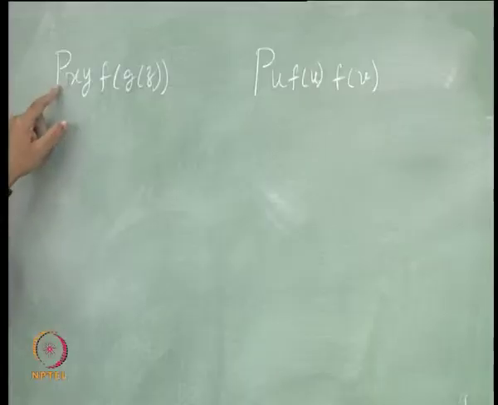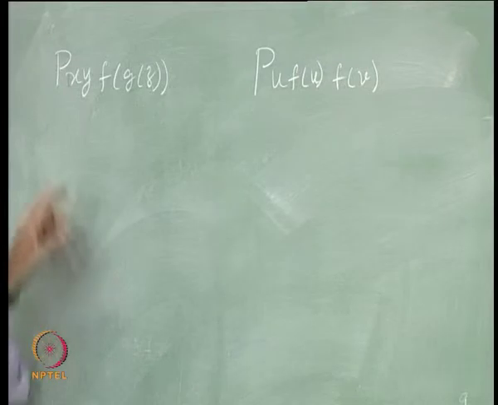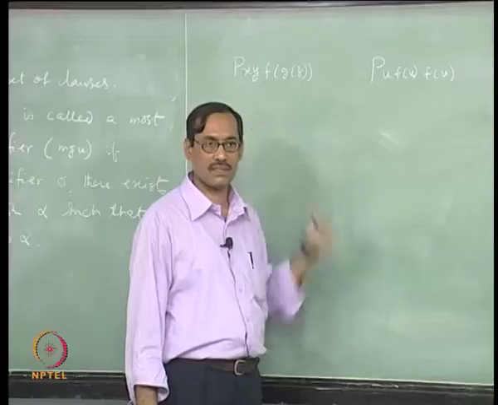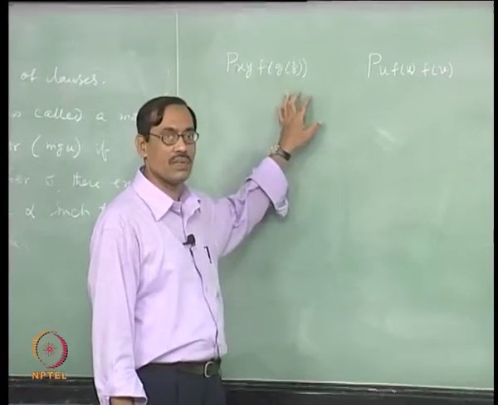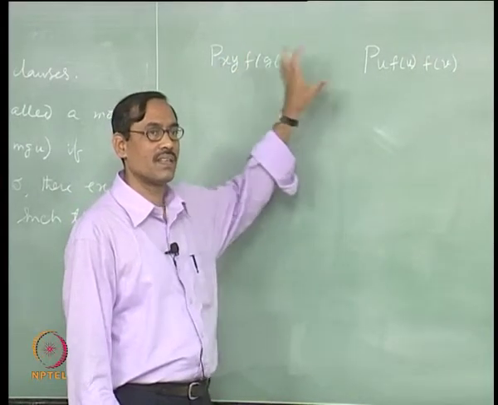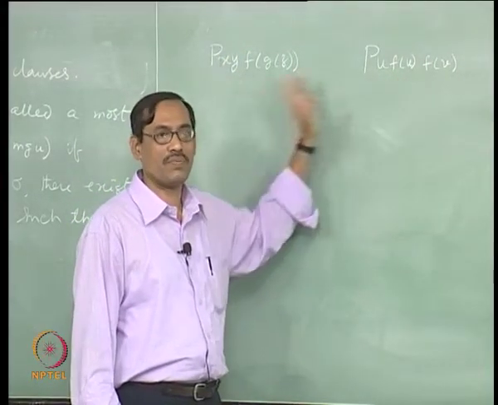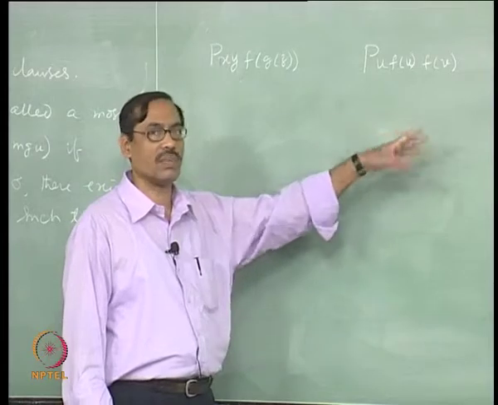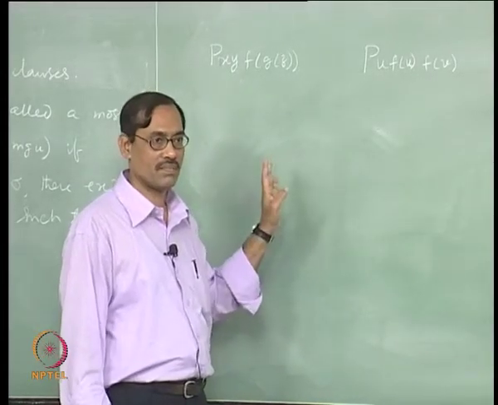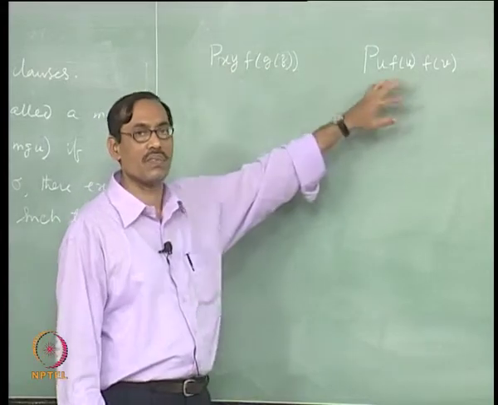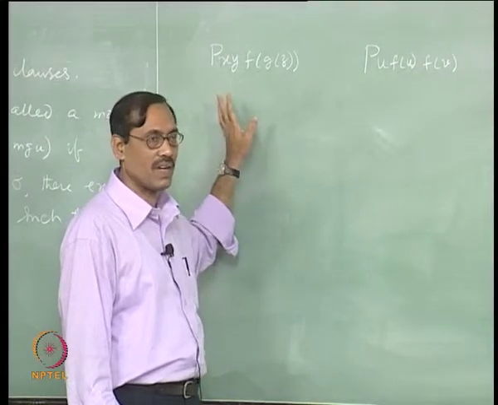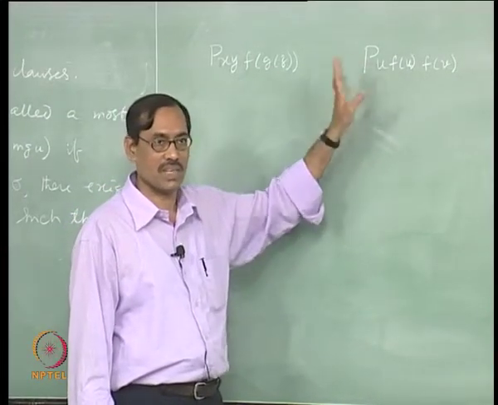Now, once I scan, I see that P and P are same, matching. I want to match them, that is all, to make them same. So, next I have x here, I have u there. So, one of them should be replaced by the other, right. Now, what our algorithm will do? It will have one as the first, another as the second, right. So, first one if it is a variable, second one is a term, that is what it will search for, then substitute x by u, variable will be substituted by the term. If the first one is a variable, then it does not want to verify whether the second one is a variable or not, but if first one is a term which is not a variable, it will try to see whether that is a variable, then that will be taken, right.